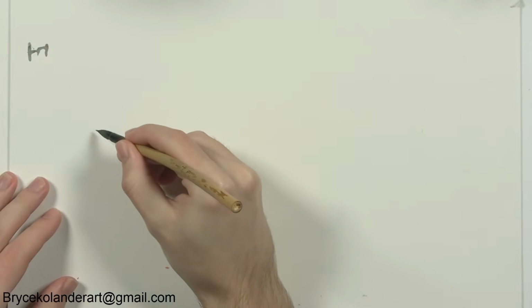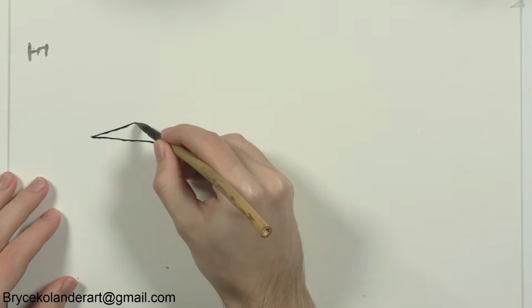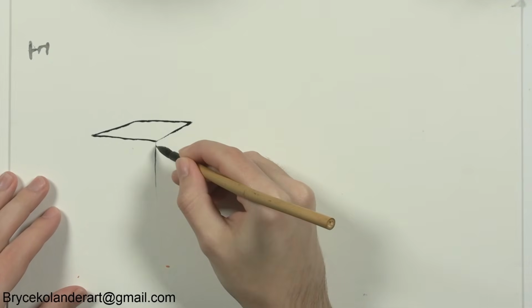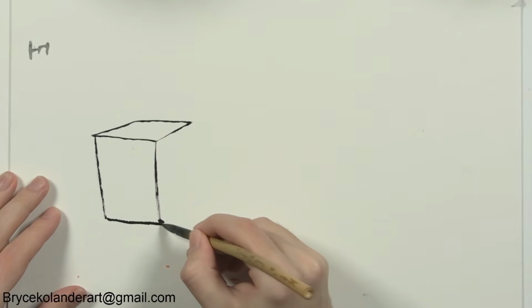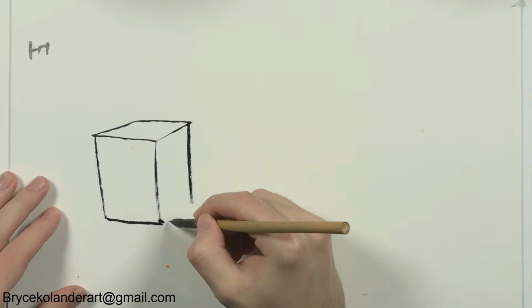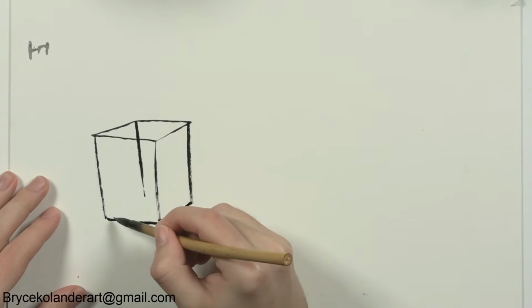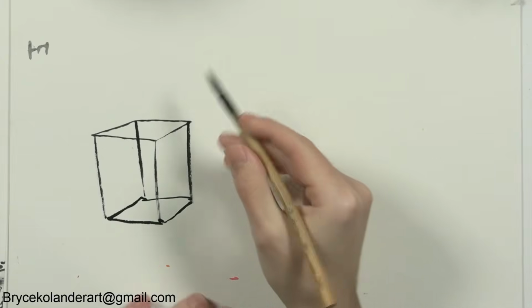So if I was going to do a box in space, and this was how my box turned out, then we have our box, and I should have done this in red. But then we have our box,